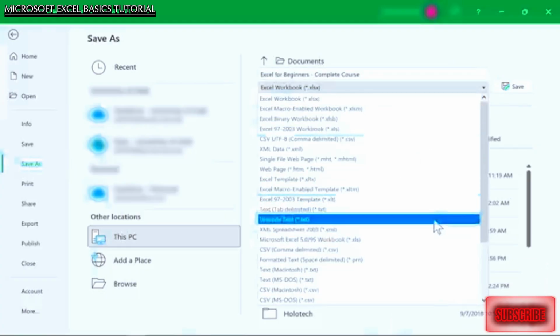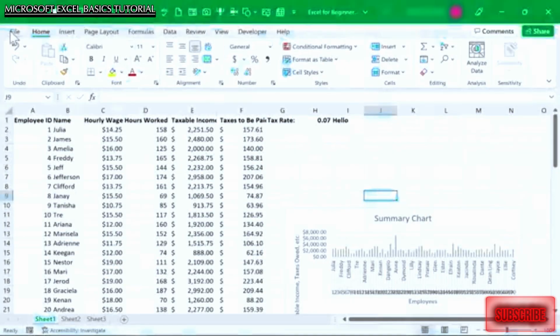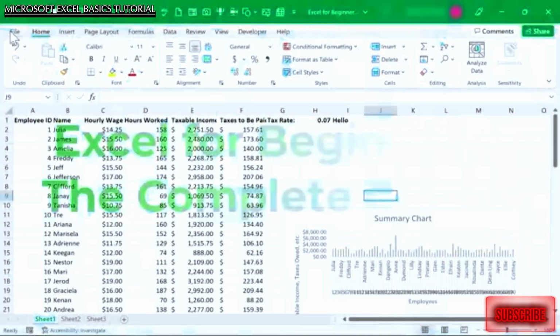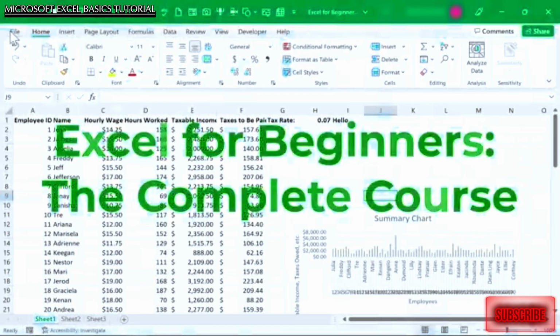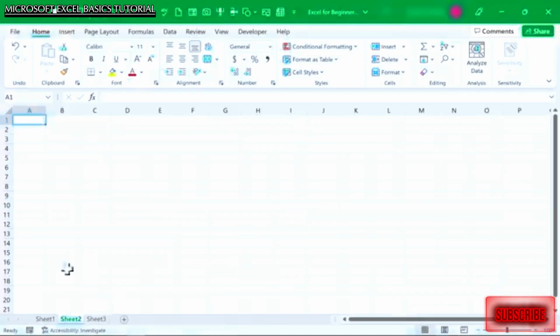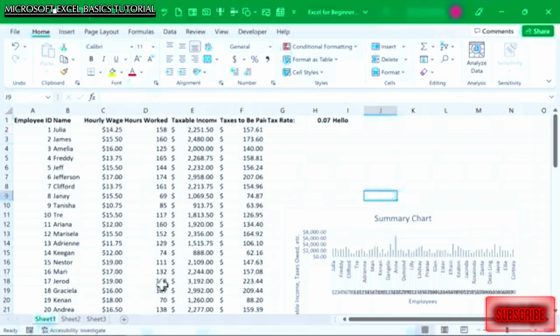So congratulations, at this point you have completed the Excel for Beginners complete course. At this point you have everything that you need to know to use Excel effectively. Yes, there's more that you could learn, but you have all of the basics that you need to be successful. You could go to sheet number 2 and then follow along with my video, watching it again and doing each step one at a time, and then you could compare it to what I did on sheet 1. If you're ready